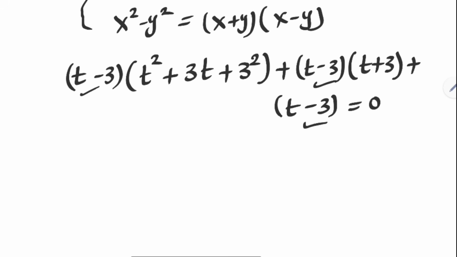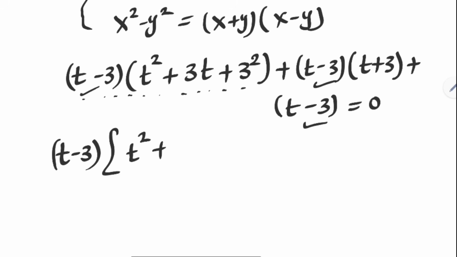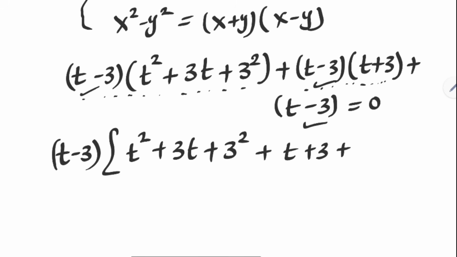Let's factor it out. t minus 3 bracket, if you divide the whole of this by this t minus 3, we have t square plus 3t plus 3 square, then plus if you divide the whole of this by t minus 3, we have t plus 3, then plus if you divide the whole of this by t minus 3, we have 1